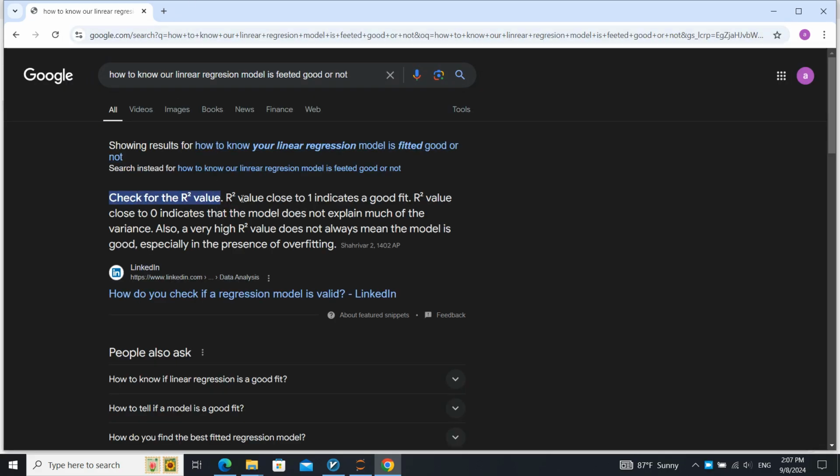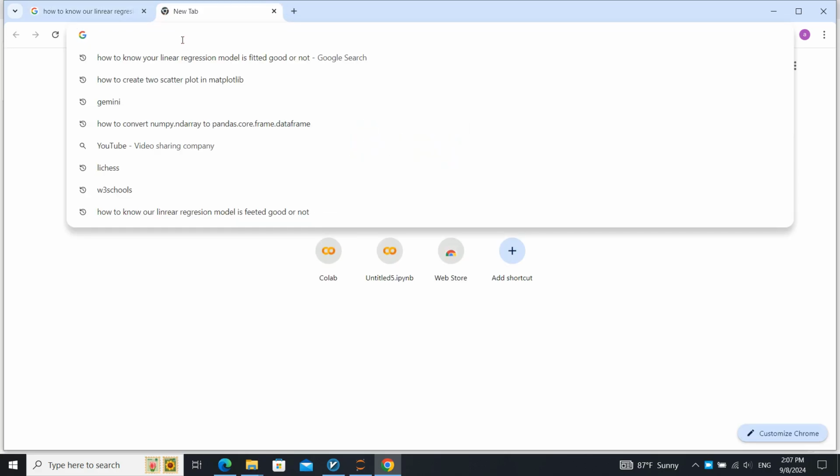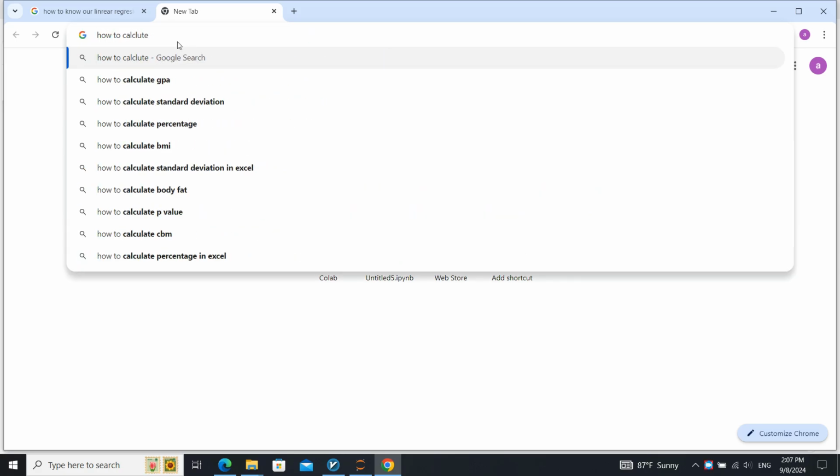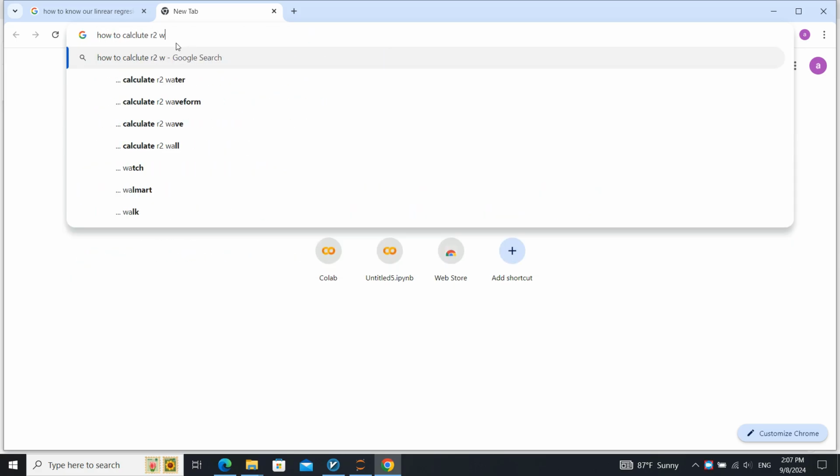R2 value. Okay, we must calculate the R2 value. How to calculate R2 value